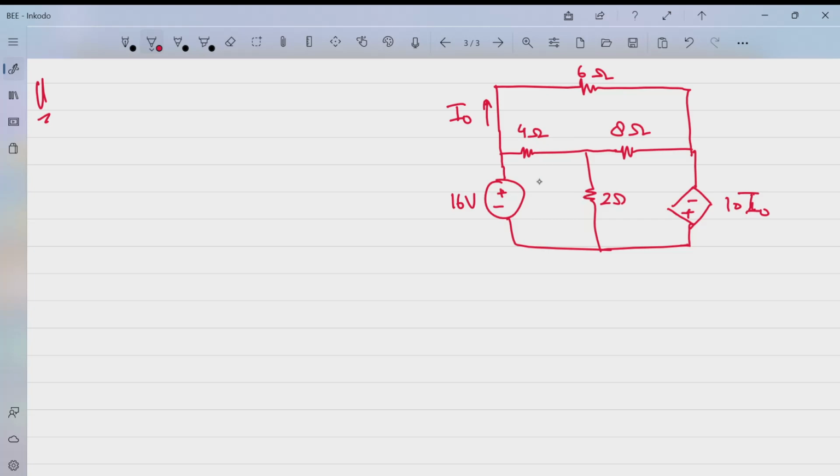I naught जो आपकी करंट है वो ये है। ये आपकी मैश करंट I1 हो गई, ये आपकी मैश करंट I2 हो गई, ये आपकी मैश करंट I3 है। फाइन। So find out all these I1, I2, I3 and I naught. ठीक है, I naught will actually be simply I3. I naught और I3 सेम ही है।